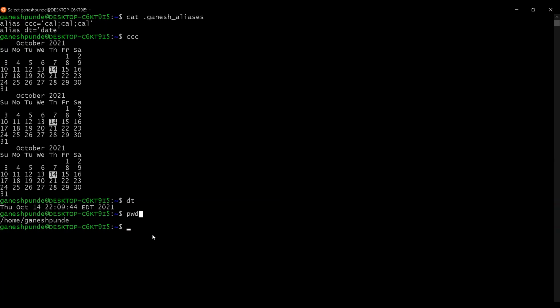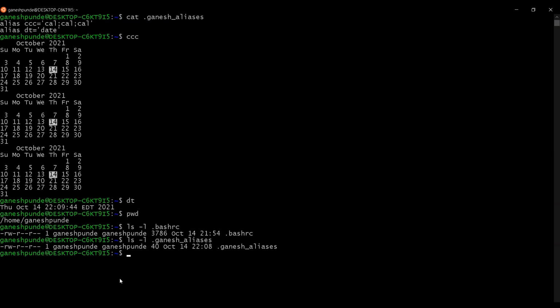One is by editing the bashrc file, which is present in your home directory. If I want to see bashrc, you can see this is the file. And what other file did we create? We created dot Ganesh aliases. So these are the 2 ways.